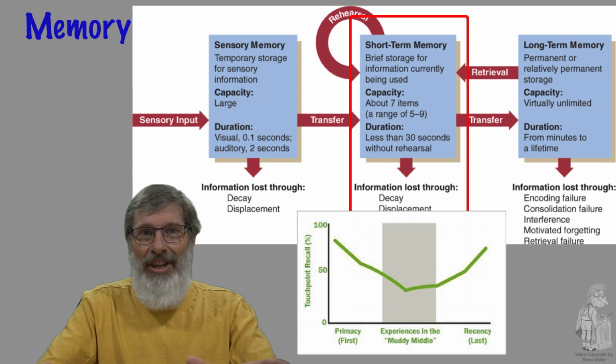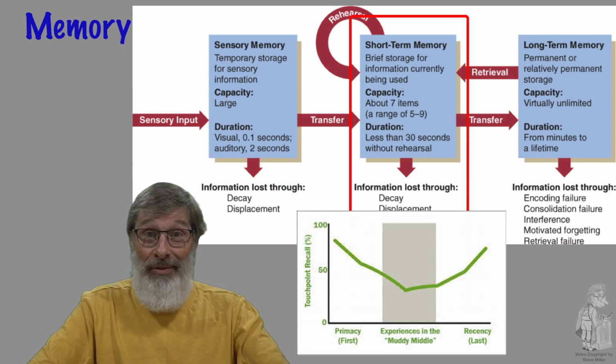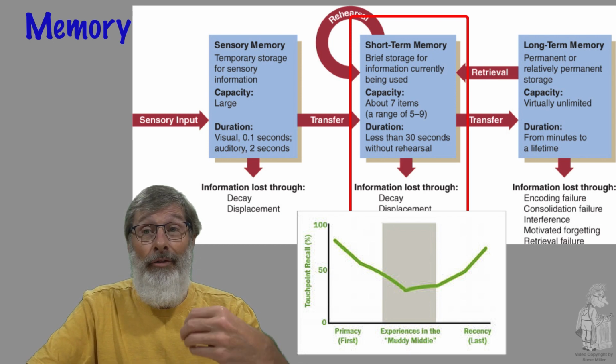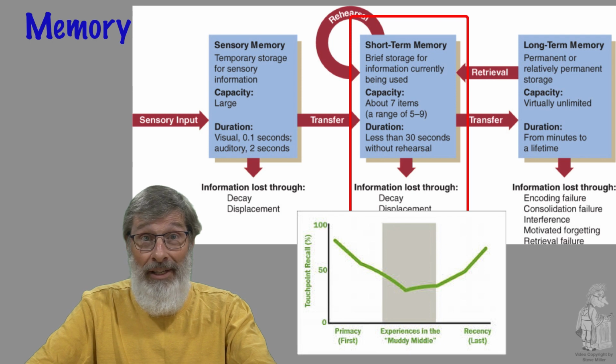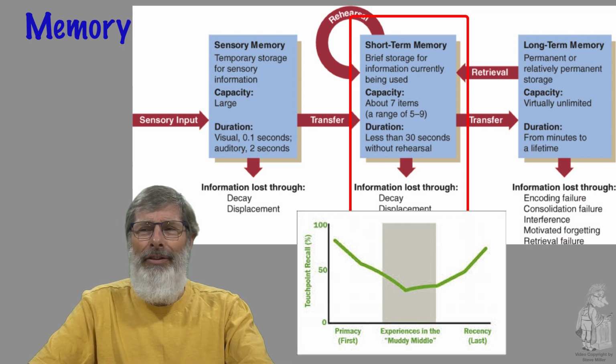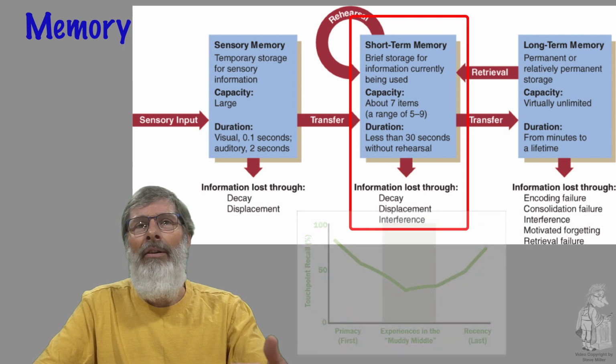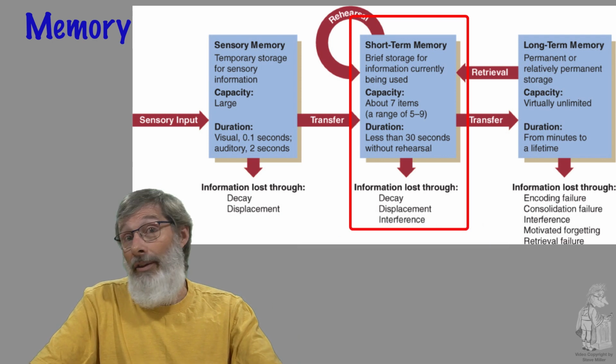You'll find more detail in your textbook on that to help you out. But chances are, if your mom gave you a list of things to do and you only remembered the first 2 things but forgot the remaining 3, or you remembered the last 2 things and forgot the beginning 3, that's the recency and primacy effect.